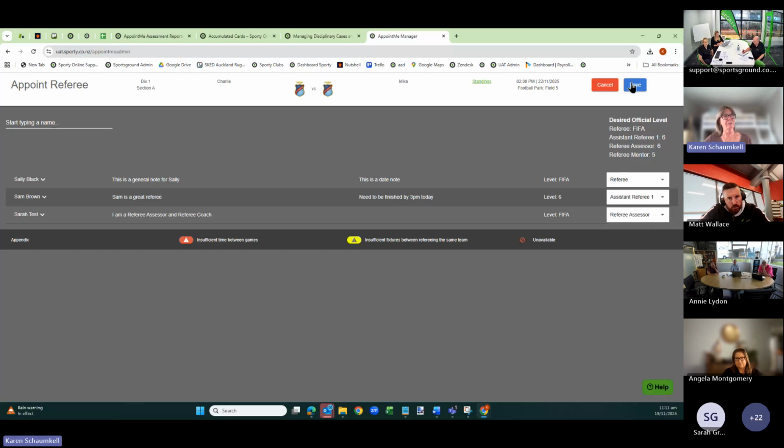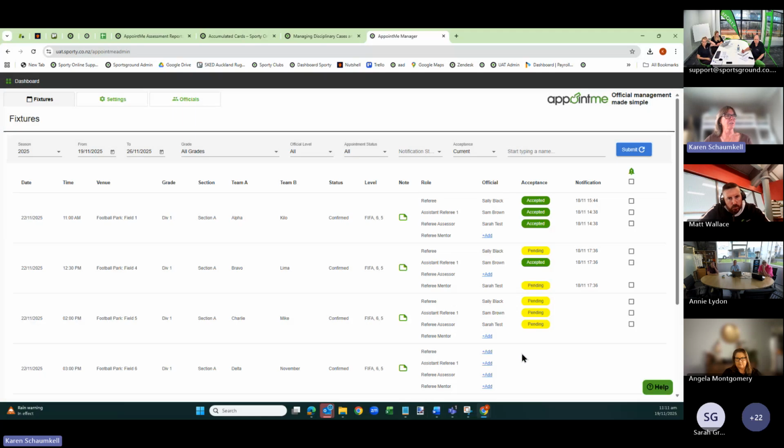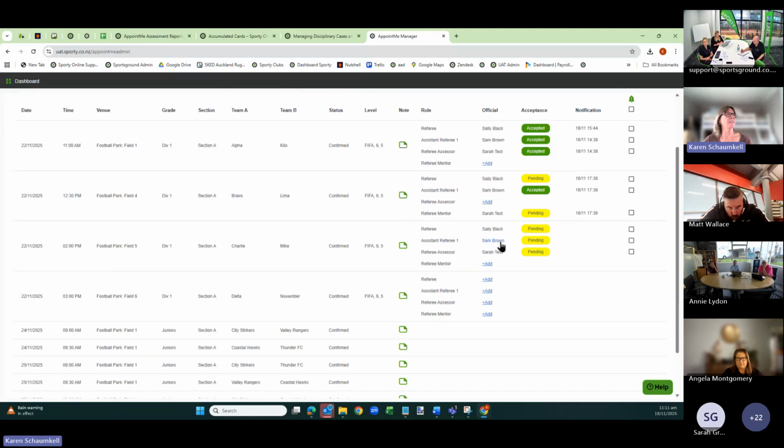So once I save that and go back to the fixtures screen, you'll see that they now appear as pending. They still do not know that they've been appointed to these games because they haven't been notified. The reason why we don't notify people automatically is because sometimes when you're appointing multiple officials, you'd like to make sure your whole day is complete before you start telling people you're officiating this particular game, because you might change your mind, and instead of putting a person on this game, you might move them to another game that they're more suitable for.